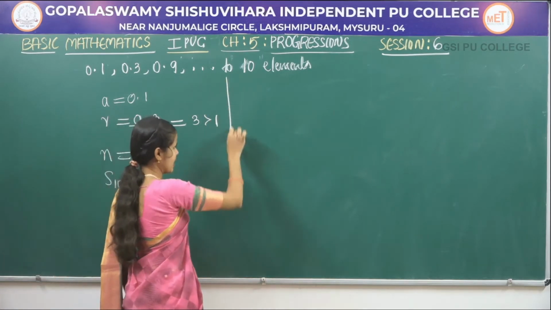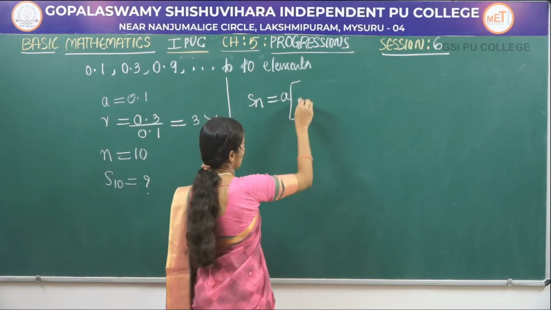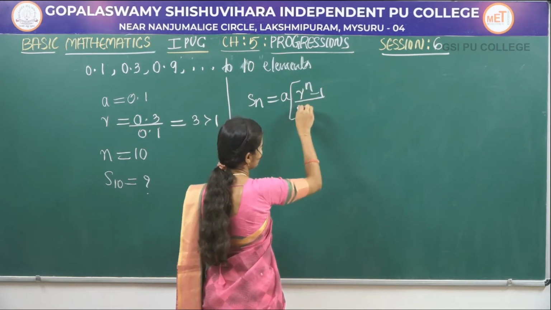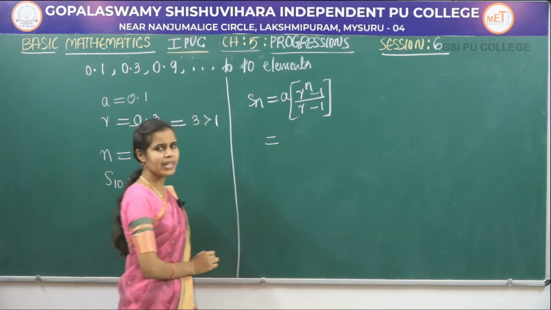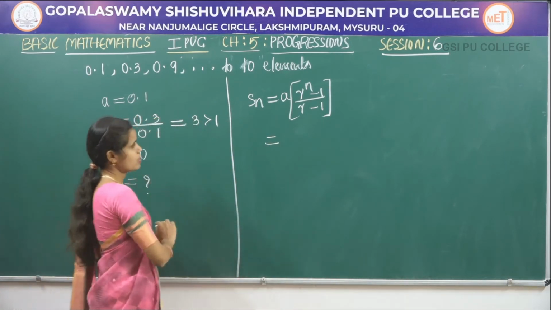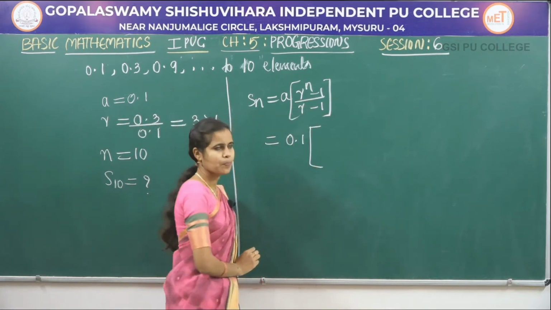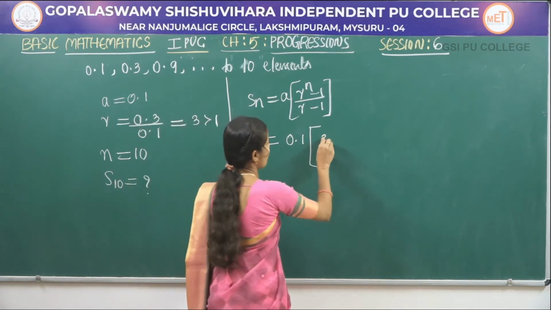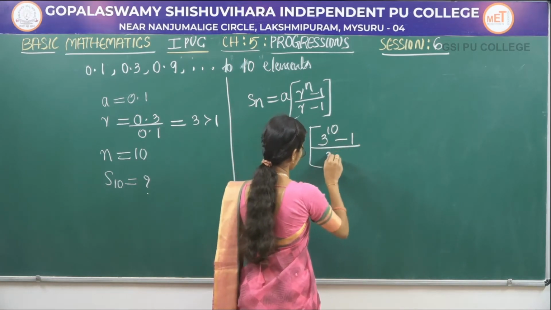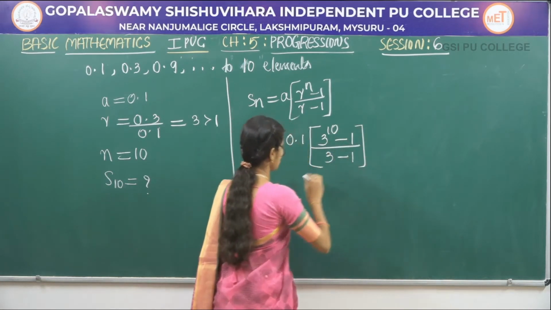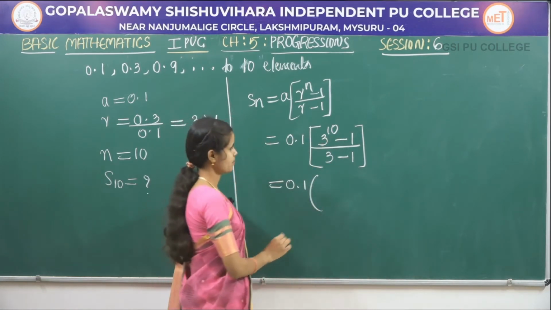So here R is greater than 1, therefore consider Sn is equal to A into r to the power of n minus 1 divided by r minus 1. So now substitute the values of A, R and n. A means 0.1, 0.1 into R, R means 3, 3 to the power of n, n means 10, minus 1 divided by R minus 1, which is 3 minus 1. So 0.1 into 3 to the power of 10